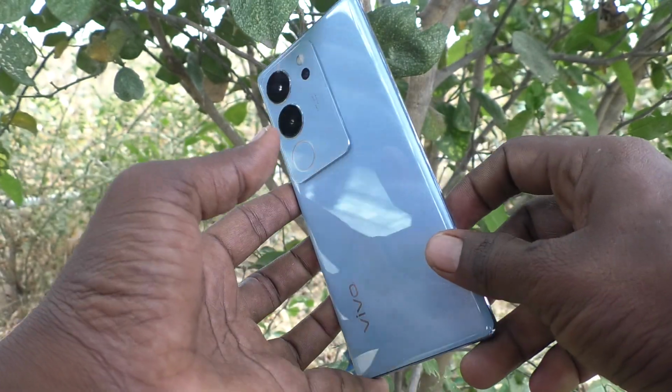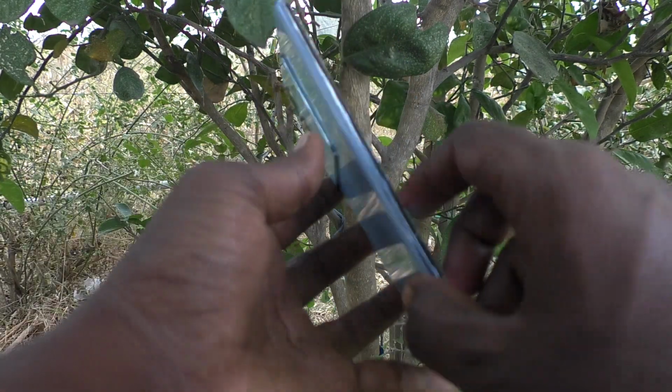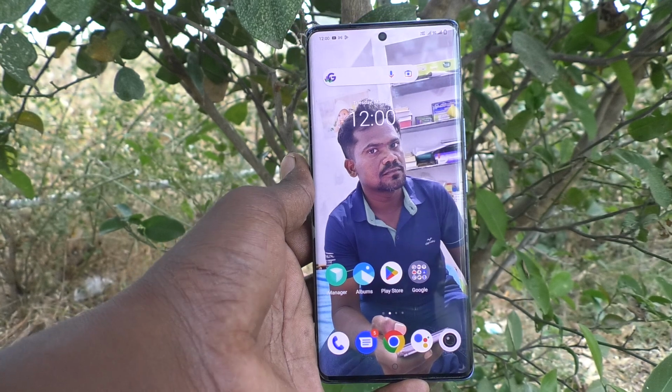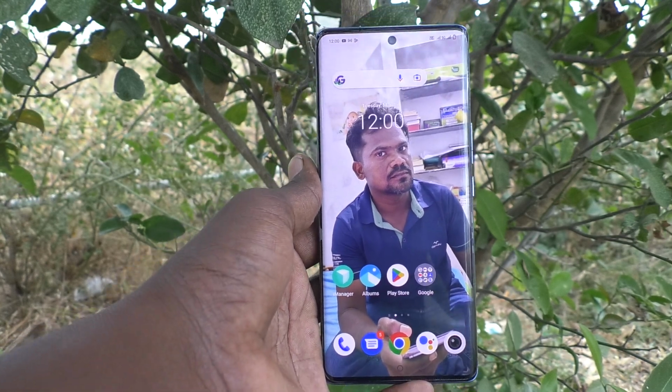Here is Vivo V29 Pro smartphone. In this video, you will learn how to change rounded corners and size of the icons in your phone Vivo